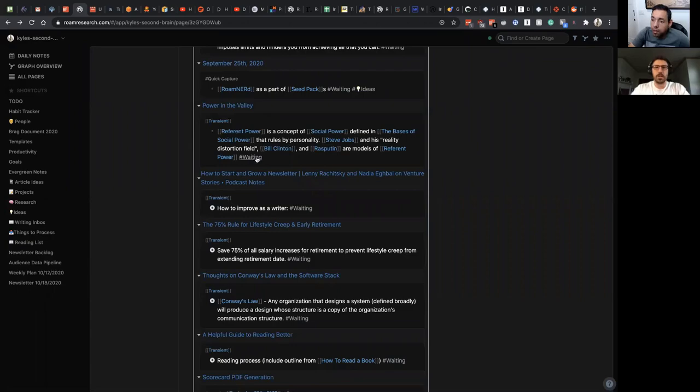And so this just has weighting. It's under the transient note, so it's a transient note. And as I go and learn more about, say, referent power, I'll get more sources that go under this transient note, and then that's when I start to build the evergreen note. So what I'll do when I go to process, I'll look through these and see if there's anything that relates to it in my previous reading